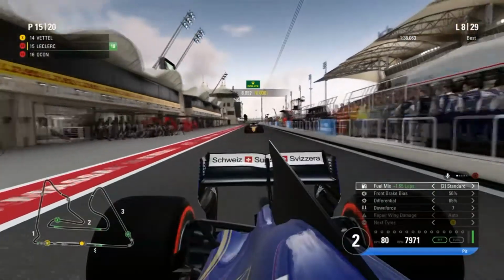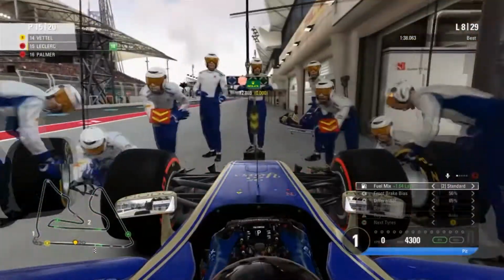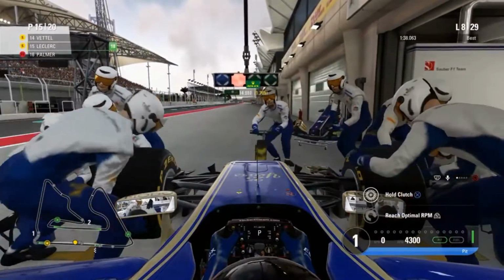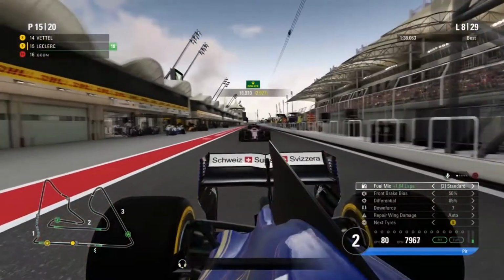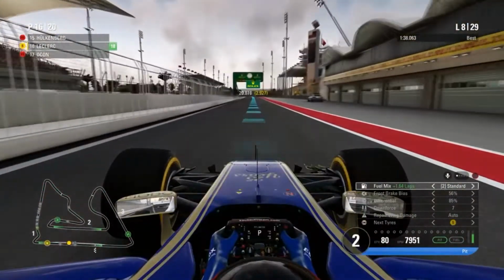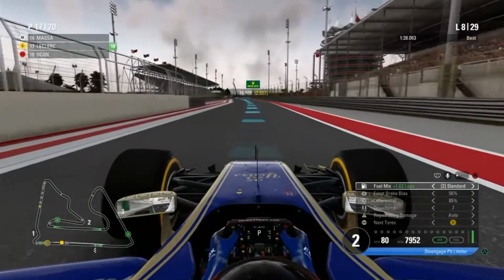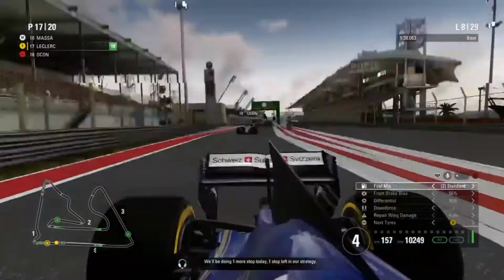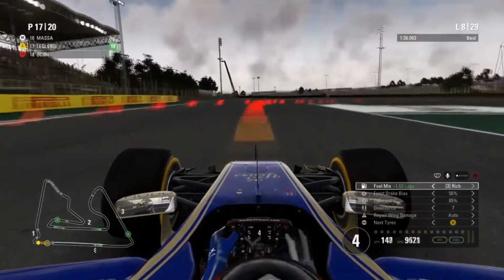And unfortunately the game won't change the front wing, because the front wing damage is set to auto, and it won't change because it's not that serious of a damage. So yeah, our pit crew does a good job on the pit stop. I can't really tell what this is, but we are sent back onto the track in P17 ahead